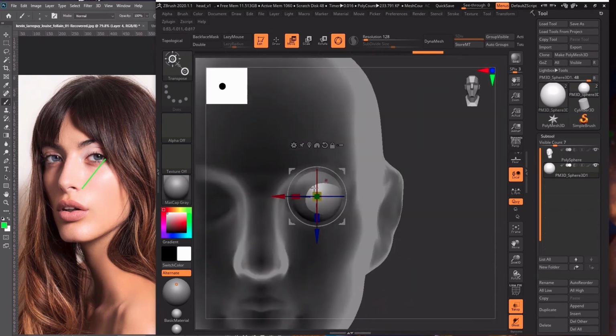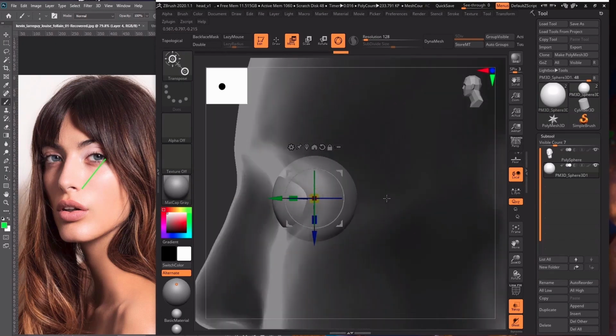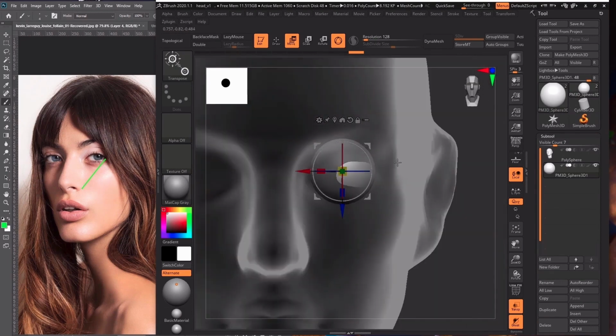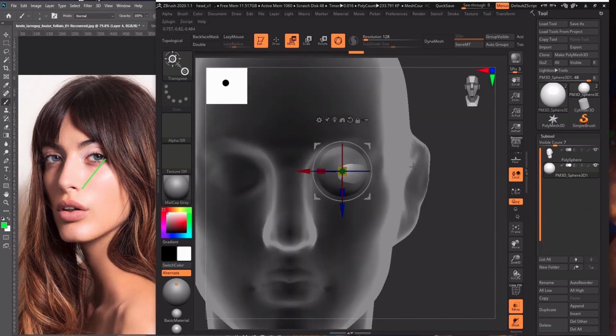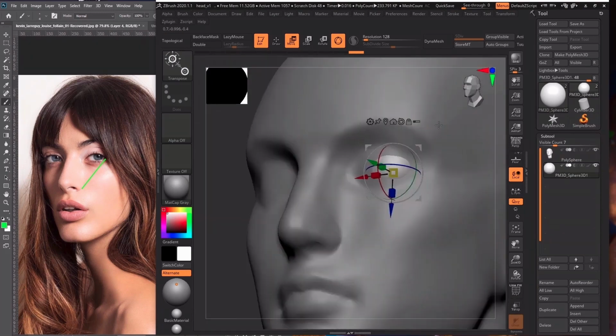If you have some eye that you already made from a previous project, then you can totally bring them in. But sculpting with eye or without eye makes a big difference, because as you can see,